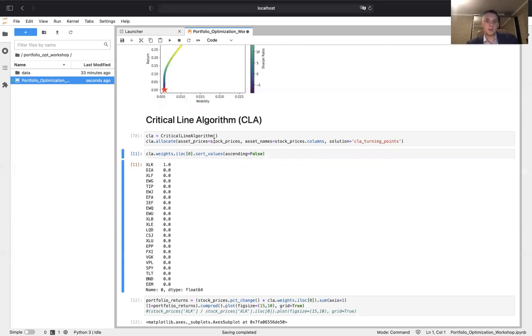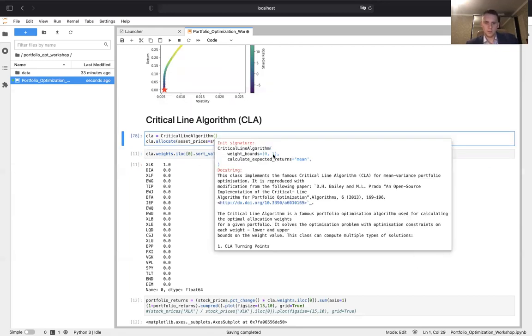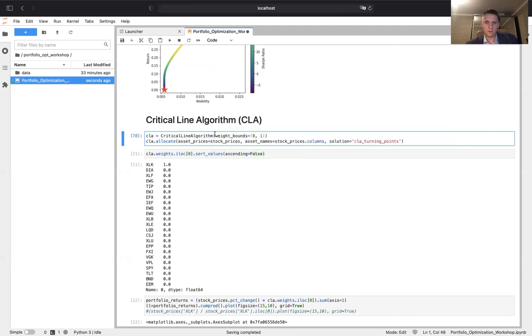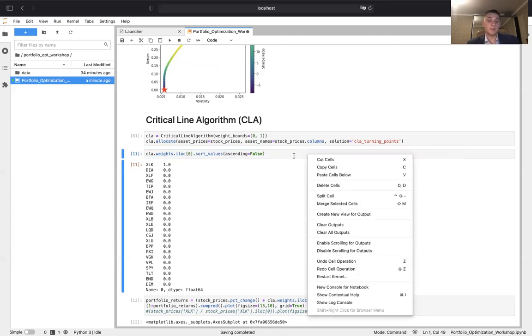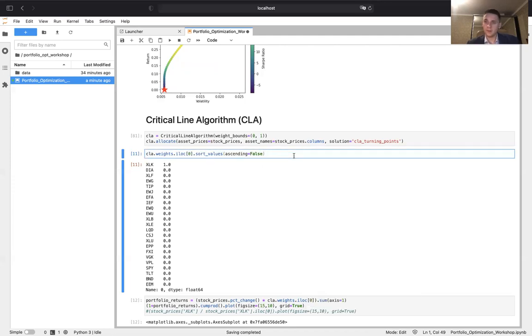Okay, so let's say, okay, so for this particular setting, this function generates an error. But still, that is the way to calculate the critical line algorithm and to solve